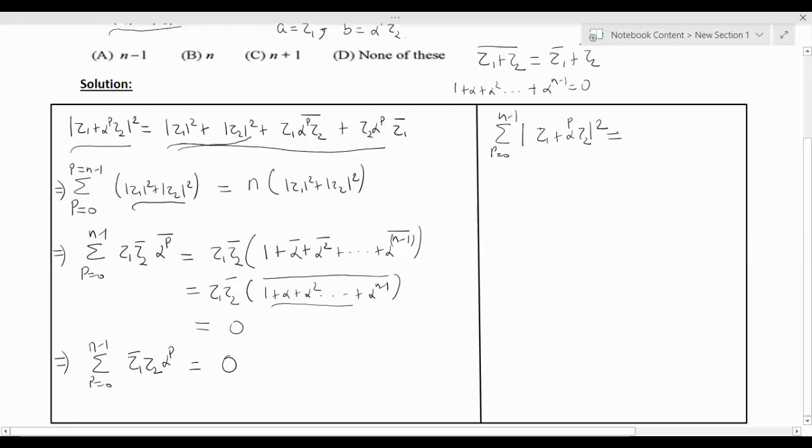From the four terms, the first two terms you simplified as n times |z1|^2 plus |z2|^2, and the third and fourth terms were 0. The exact term which was given was divided by |z1|^2 plus |z2|^2. So if you observe this carefully, these two terms are going to get cancelled, and your answer will come out to be n. So I hope you understood the problem, and then we can proceed to the next problem.